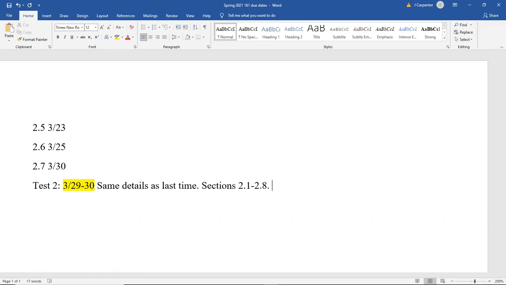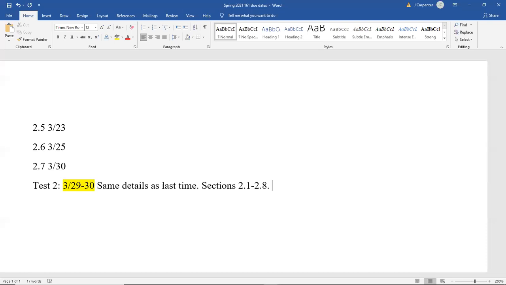So when I say same details as last time, I mean there will be a review in Canvas for you to check out with questions and answers. The test will be in MyMathLab under the quiz and test section. It will only be available those 2 days. You still have to take pictures of your work or scan your work and submit it in Canvas. There will be a spot for that. Everything has to be submitted within 15 minutes or I reserve the right to give you a 0. Any kind of partial credit request you have, you need to email me, specify question numbers and everything, and then I can do that for you.